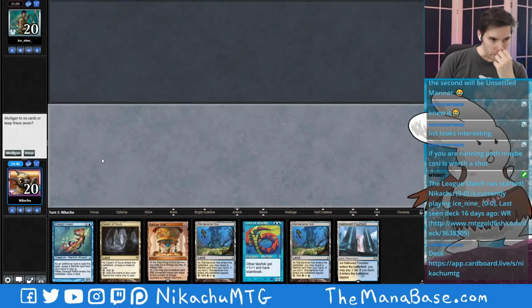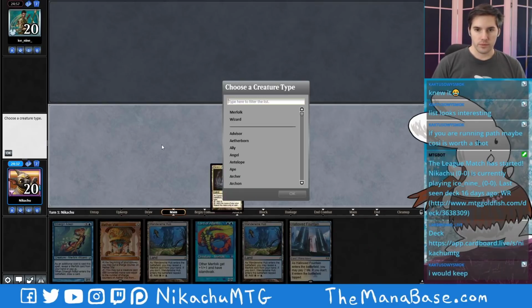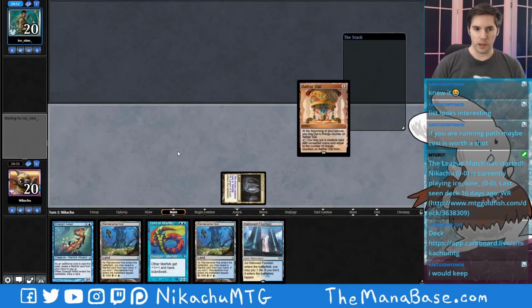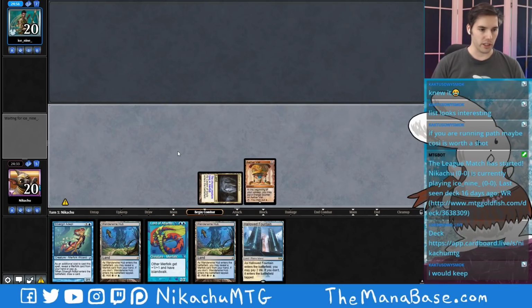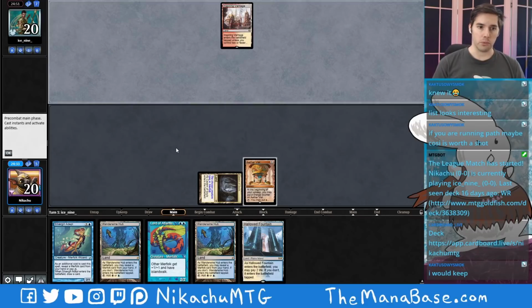Our opponent's on white-red? What does that mean? Anyway, I'll keep it then. Don't Thoughtseize me, and maybe I'm okay. Silver Gillidapt might help me. This is not a very good Aether Vial hand, but... Well, the hand is pretty weak. I mean, maybe for a Goblins player it looks good, but...